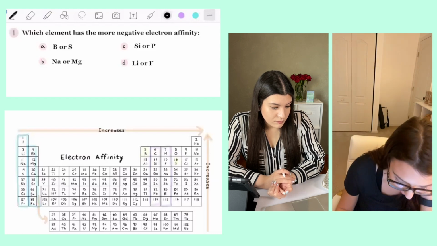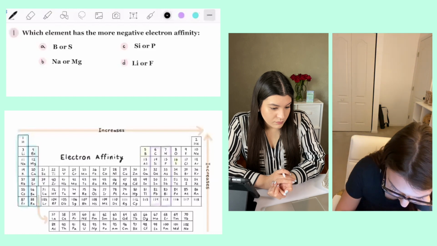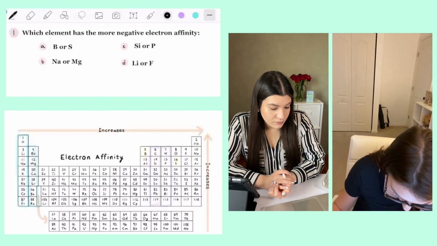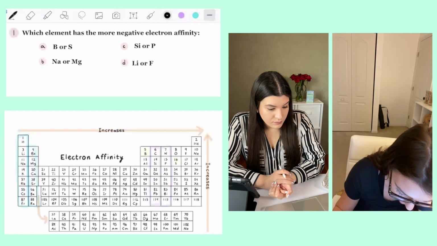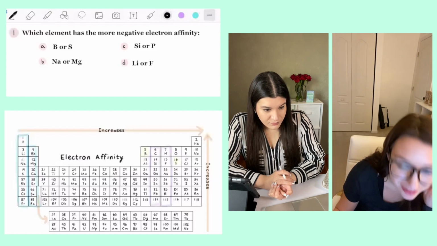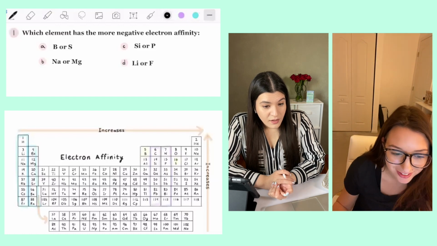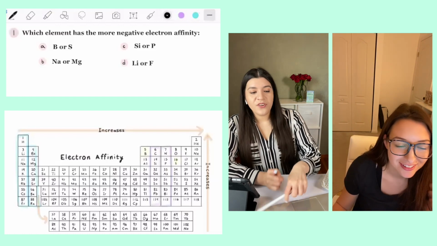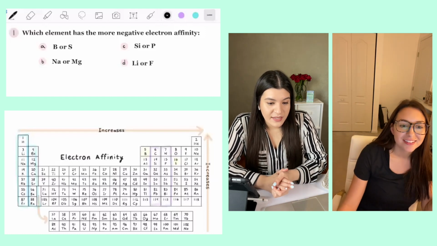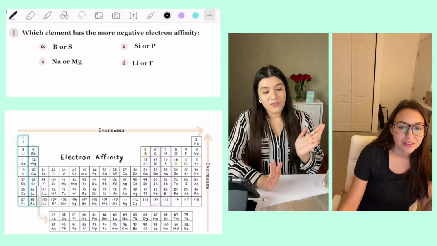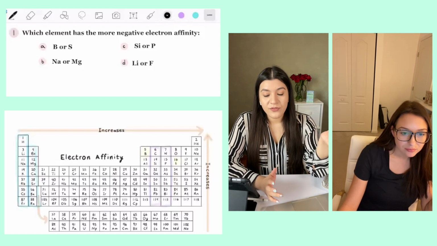If the electron affinity is increasing as we go across that way, and it's asking for the more negative electron affinity, then wouldn't it be B? So for negative, electron affinity should be negative, is basically it. So don't let that throw you off. If they were to actually give you values